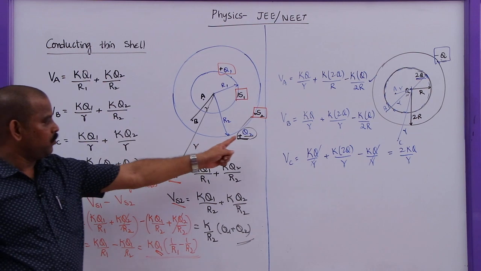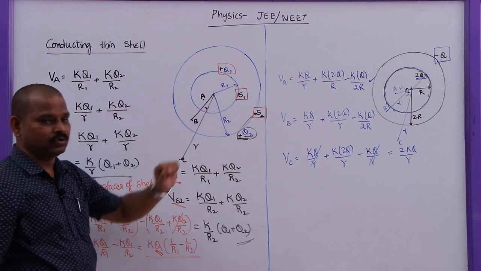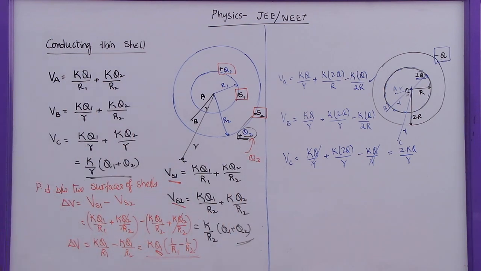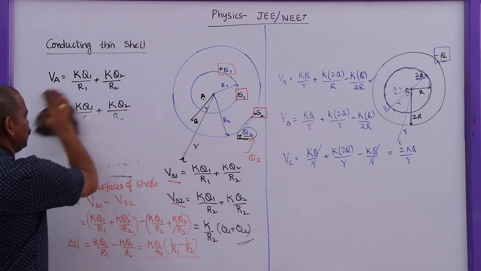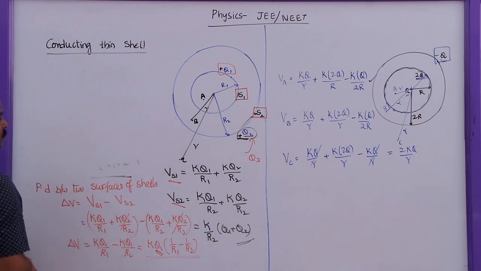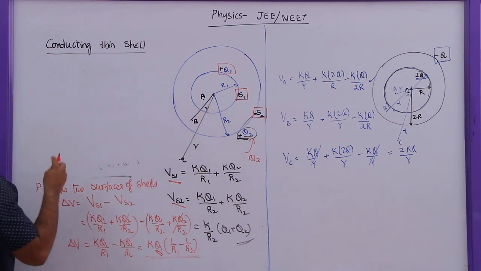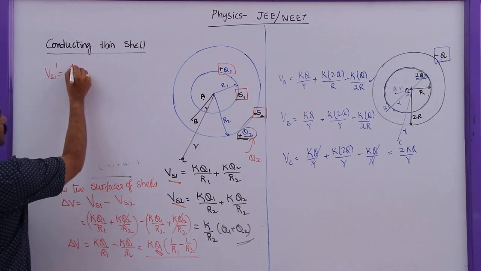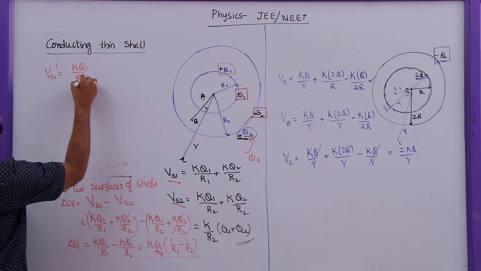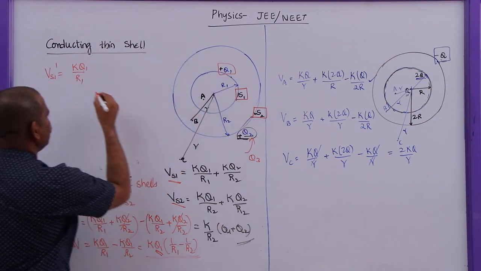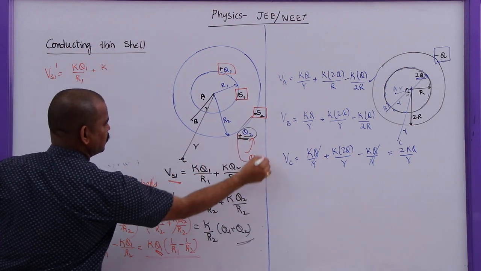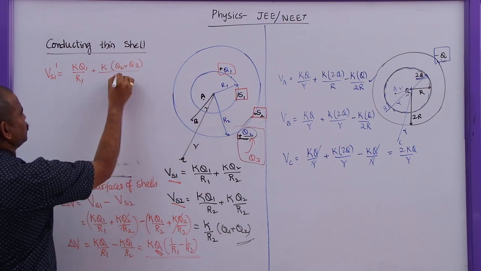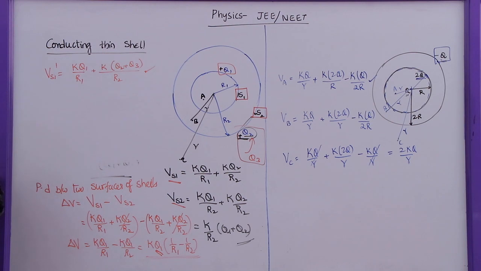Now if you want to add some more charge onto this one, now it is Q1, this is Q2. Now if you add Q3 charge, what happens to the potential difference between the two surfaces? So let me write this one. What is the potential on the inner surface in the second case? So now Vs1 is Vs1 dash. This will be KQ1 by R1, the potential at this point due to this charge, plus K times the total charge on this surface, which is Q2 plus Q3, by this radius R2. So this is the potential on the inner surface.